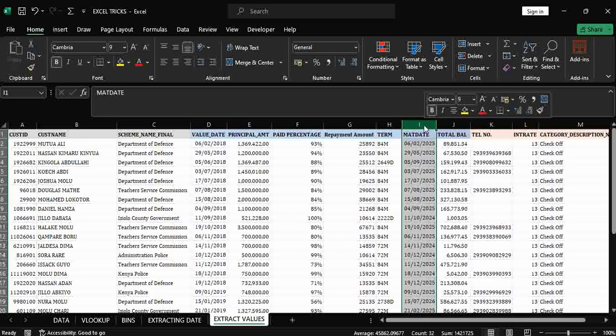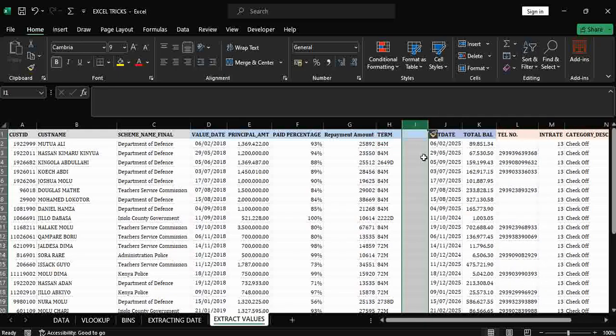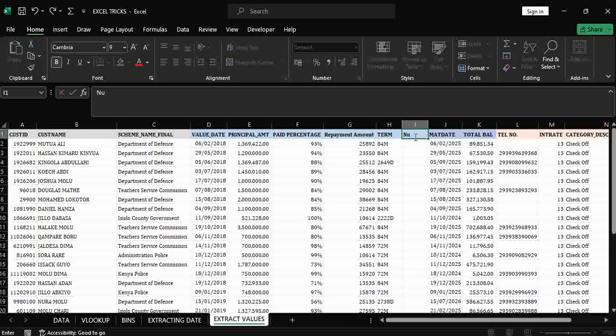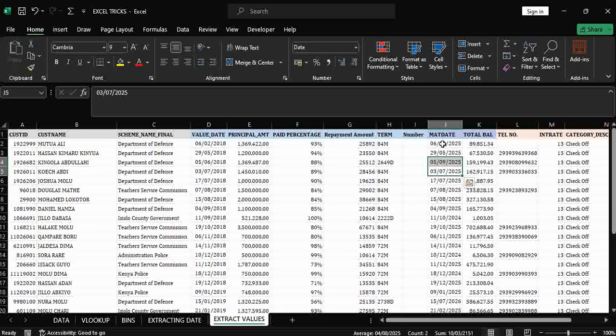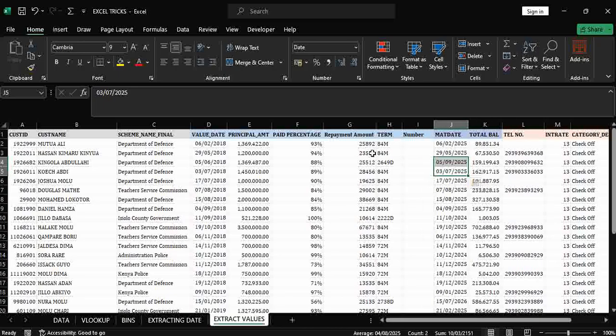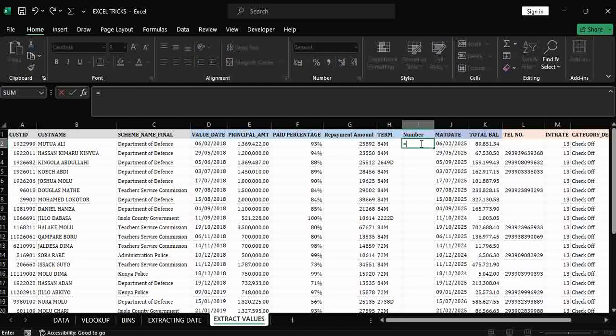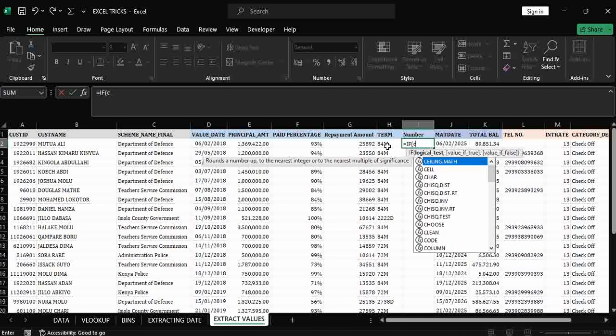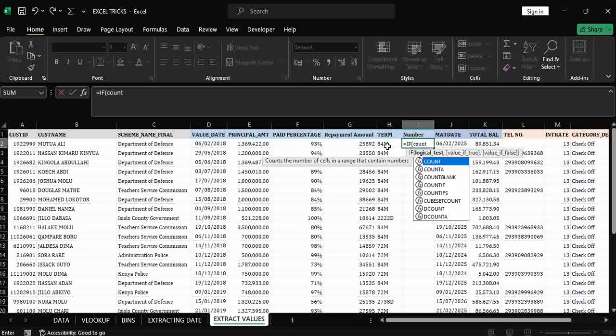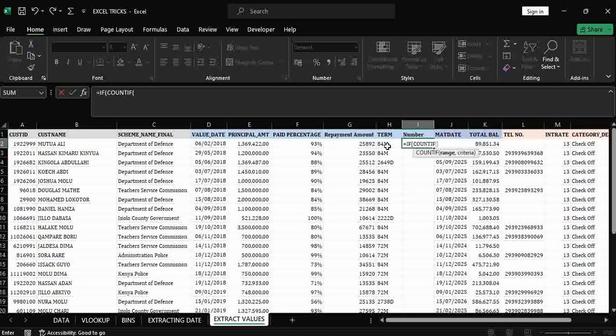So to do that, the first thing that I want to do is I create a column here, which I'll be calling numbers, containing only the number part, and remove this M or D. Again, to do that, I say is equal to IF, a logical function. I will use COUNTIF because if it is M, I want to remove M, and if it is D, I want to remove that D. COUNTIF range is this cell, criteria, this cell contains M,